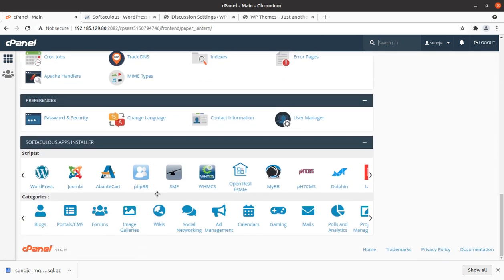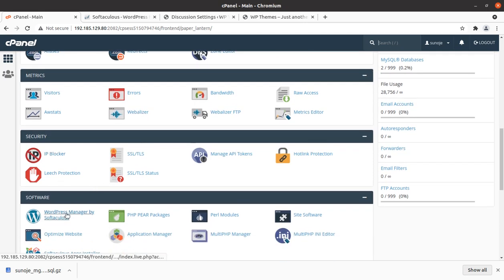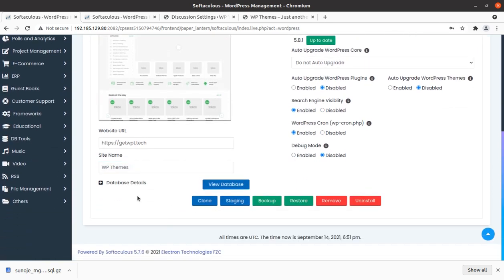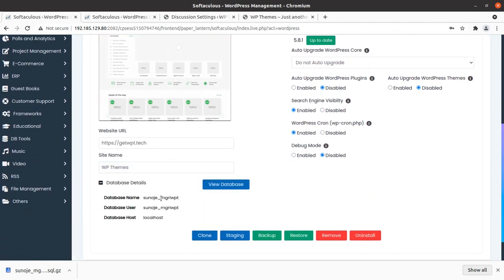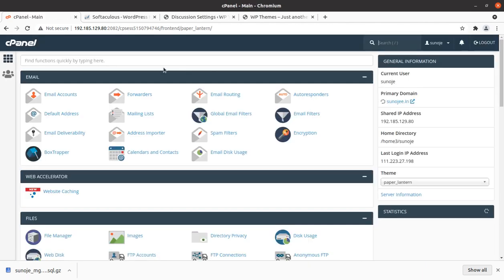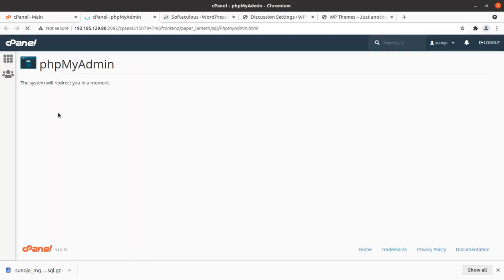Okay, great. So now finally we have to optimize your database manually through phpMyAdmin, and I'm going to open phpMyAdmin for this. Okay, so what was the database name? I just skipped. I will check the database name, and this is the database details, and the database name is mgriwpt. Okay, and now go to the cPanel, and I am looking for the databases. So phpMyAdmin is here, and simply open phpMyAdmin.